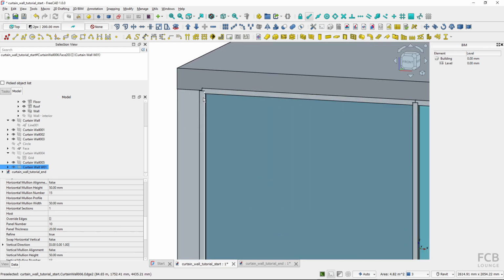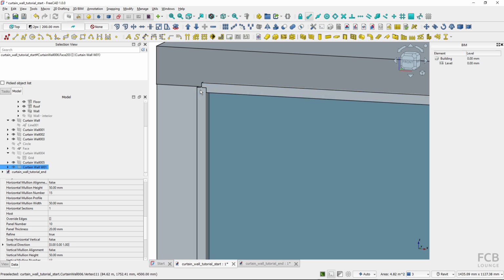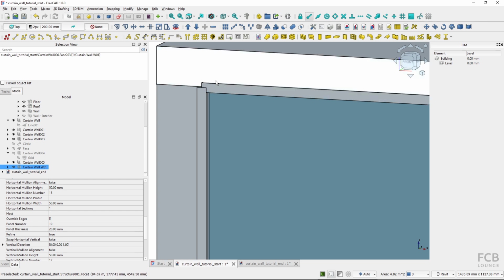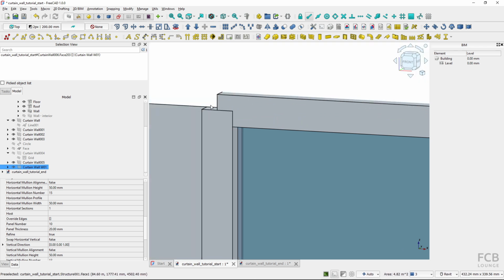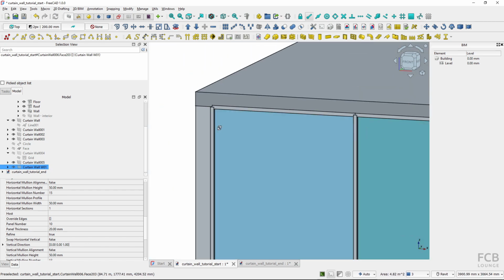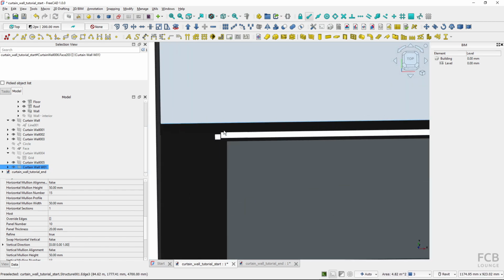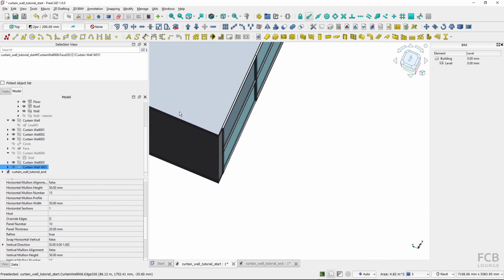And you can see here that if I'm placing the curtain wall like this, the mullions are aligned, the center is aligned to the size of the mullions, so these are a bit overlapping into the wall. But this is actually fine for me because this will hide this detail, which is not that nice. But the curtain wall is now sticking outside of the wall, so I want to move it in that